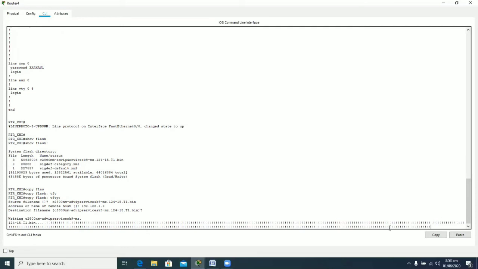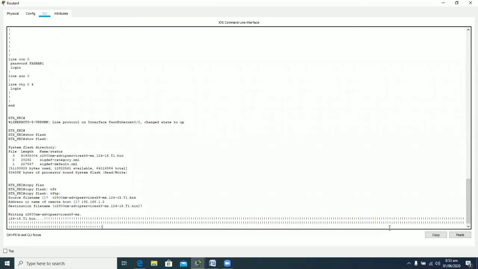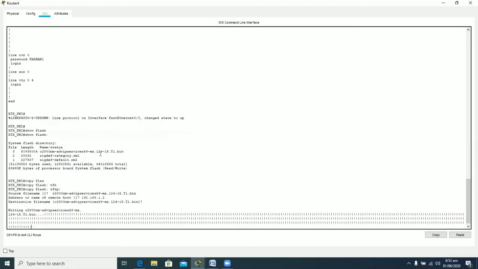So we should wait until the whole Cisco IOS file gets copied into the TFTP server, and then we will check the TFTP server, where the same file name will be present with the same .bin extension. So this is getting copied into the TFTP server.